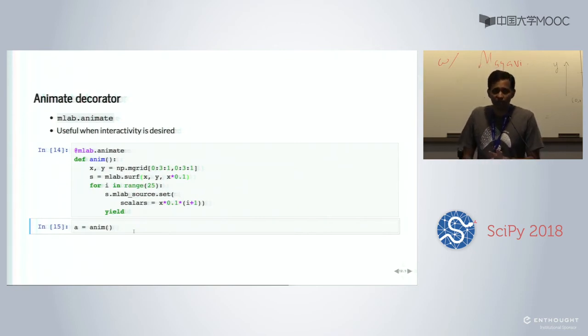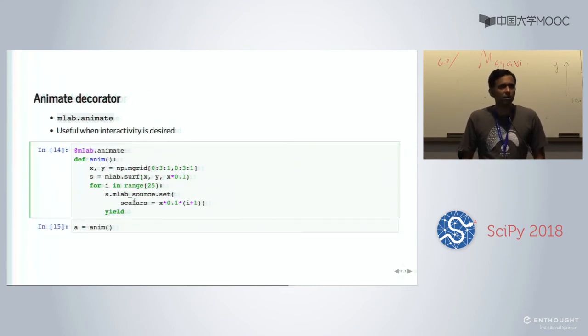So again, this is just convenience, so that if you want to have a function that animates your data and you want to play nicely with the UI, you can do so with this. You just write a function, stick a yield statement at the end. All of the test anim functions will do exactly this. They'll all be generators that you can just call, decorated with this mlab.animate, and it will essentially allow you to control the animation a little bit at least.